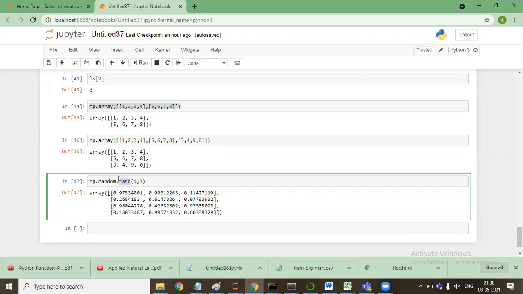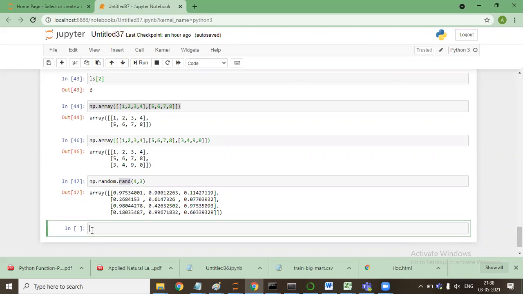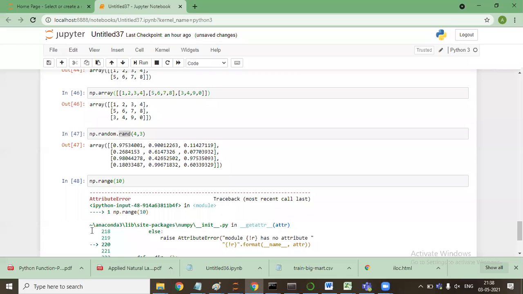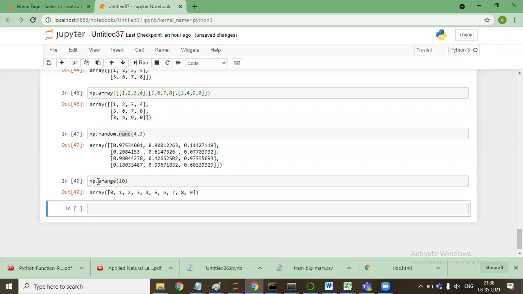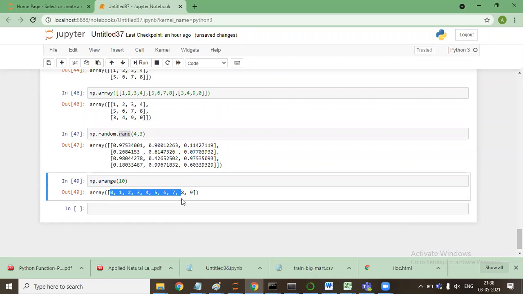And if I'll say here... okay, sorry, it's a range. So it basically gives random values, and this gives values in a range or sequence.